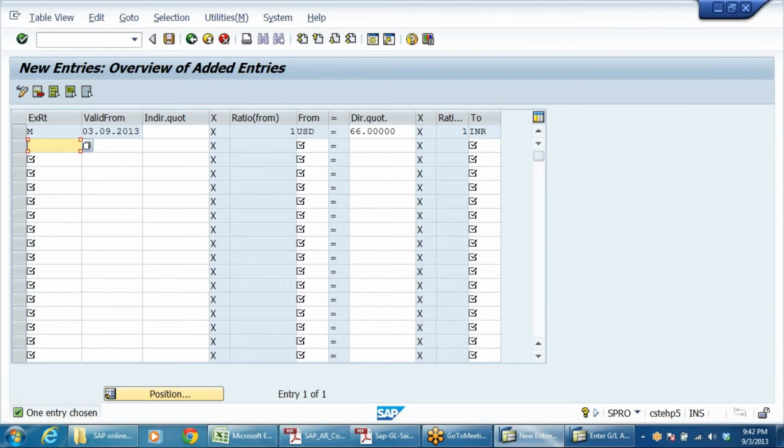All right. Next, I'm taking again M. Same 03, GBP, Great Britain Pound. GBP is equal to, let us say, let me take 99 rupees.